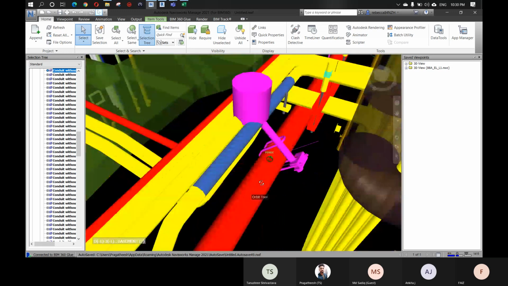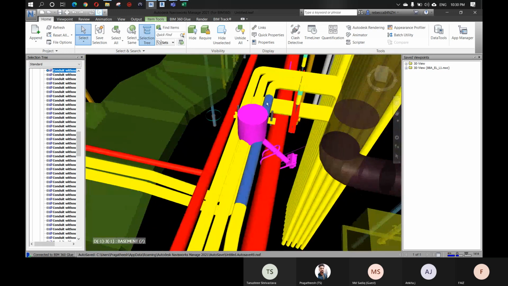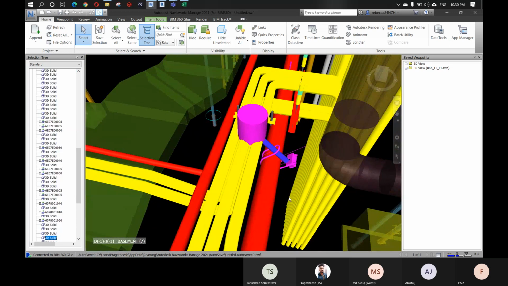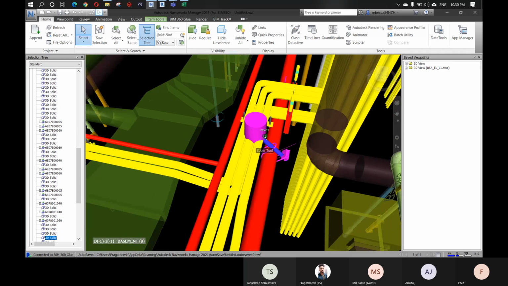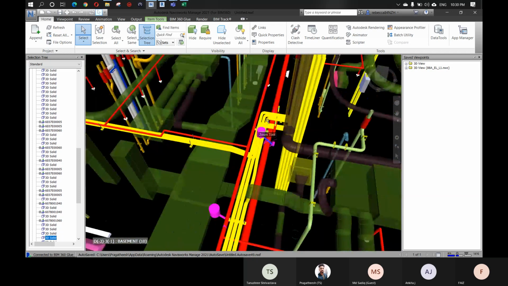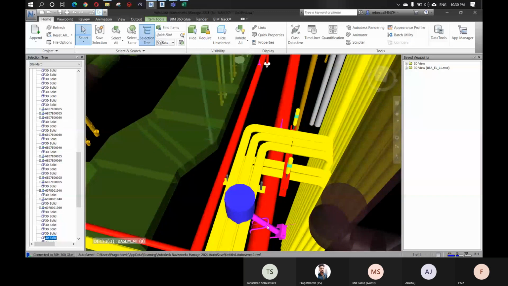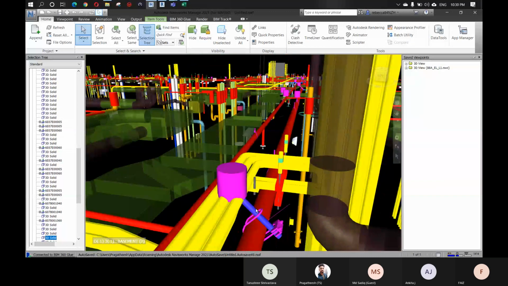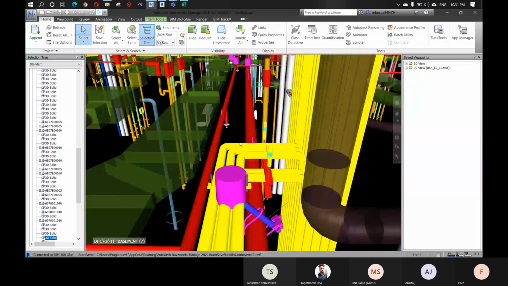Imagine which is easier to solve this clash: to move the conduit or to move the support. Obviously, it is to move the support, right? Because this conduit is running in a long run. You cannot move it to avoid these small clashes. So in that case, you can just move this support a little bit towards this side.